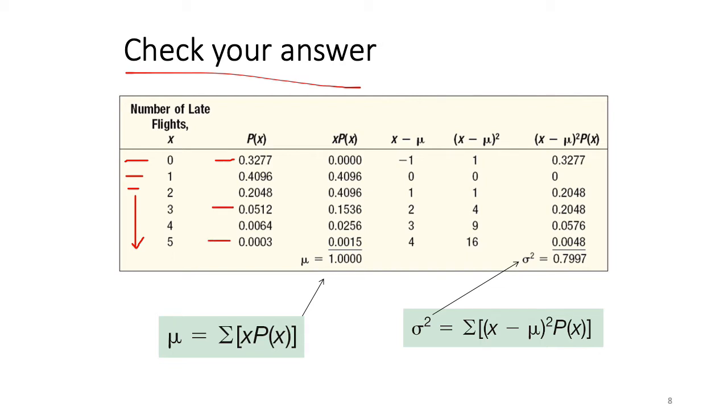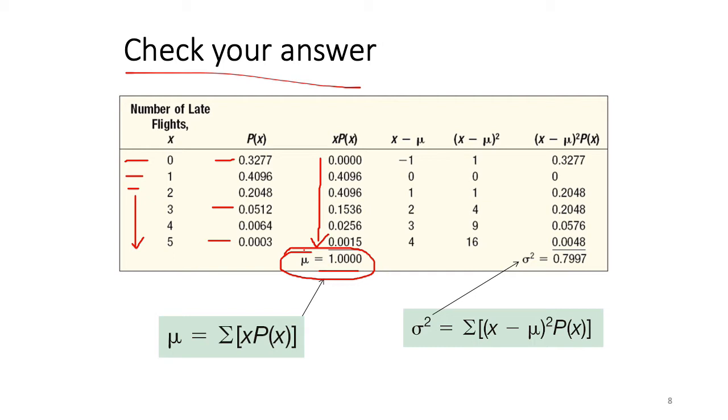But if we calculate every single one of these, we can actually replicate our discrete probability distribution that we saw earlier by taking each flight, multiplying that by the probability of the flight being late, generating this distribution. And recall that to find the mean of a discrete probability distribution, we just add up x times p of x, and in this case we get 1, which is exactly what we got using the shortcut